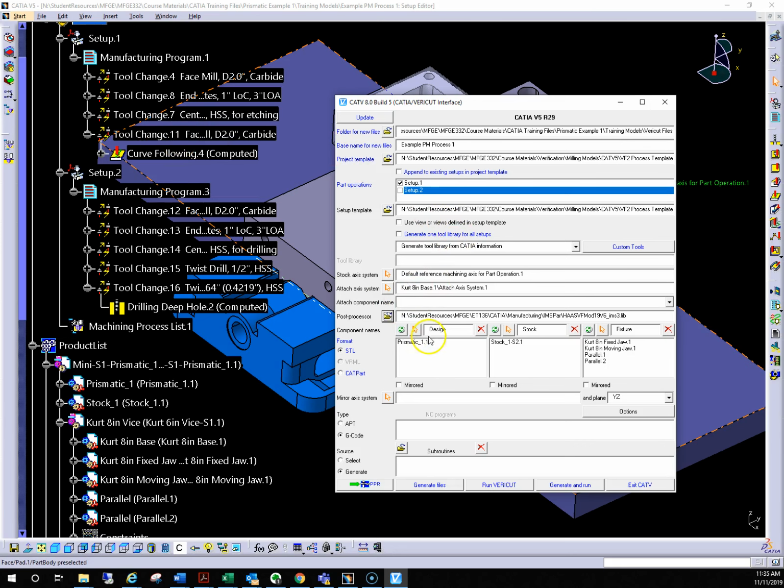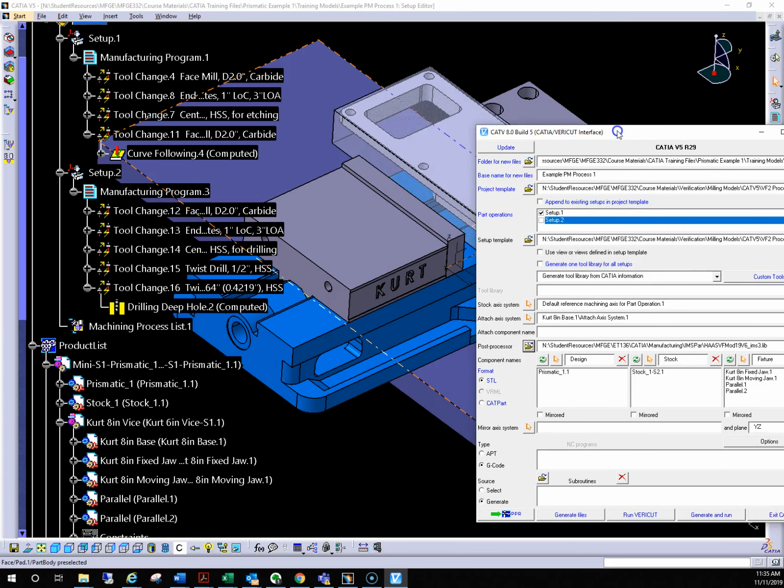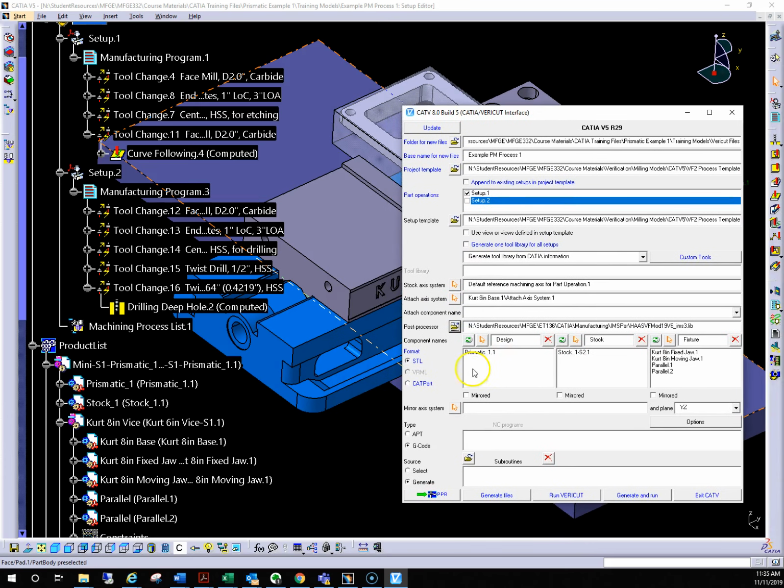The next step is to tell the interface what part is our design, what part is our stock, and what elements we want to have moved over as fixture elements. Notice that there are elements already selected, so I'm going to highlight and remove. This first button allows you to remove, and this button allows you to remove the X. And I'm going to click on the arrow, and the design, of course,